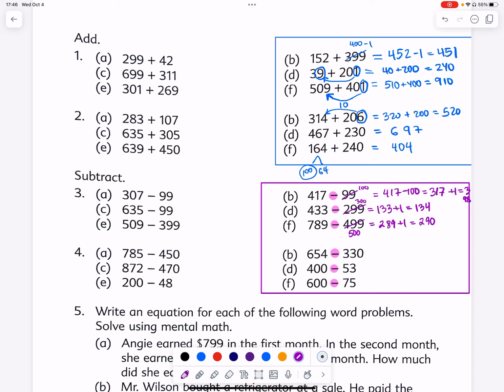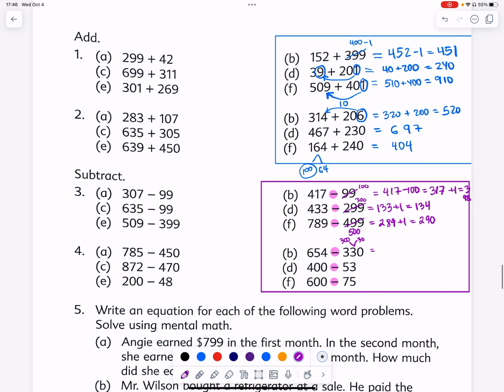Let's take a look at B, D, F in number 4. 654 minus 330. First subtract the hundreds, then subtract the tens. We can split 330 into 300 and then 30. Let's do it step by step. 654 minus 300 is 354, minus 30 gives you